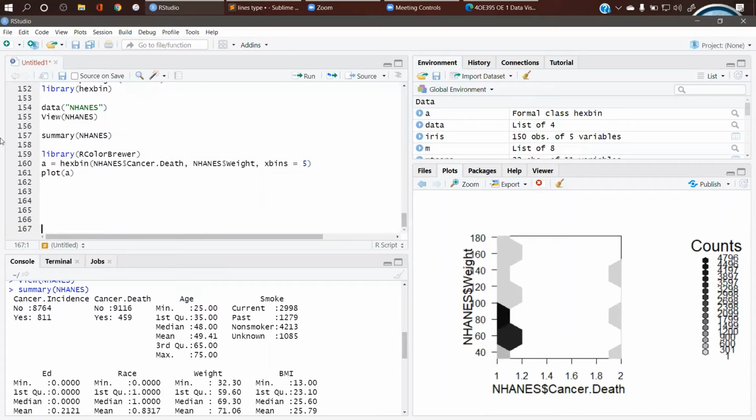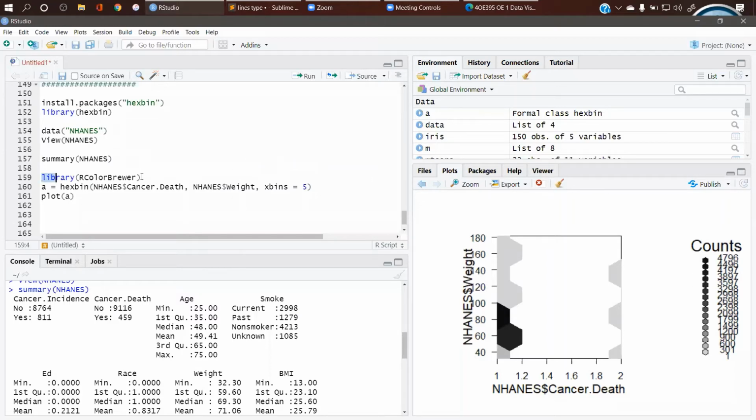Same again, you can use the R palette here in Hexbin. You are having only this gradient, gray color or black color gradient, so you can have different colors using this color package RColorBrewer. It's the same syntax, brewer.pal, and you can use colorRampPalette. So that will be giving you how many colors you want on your graph, right?